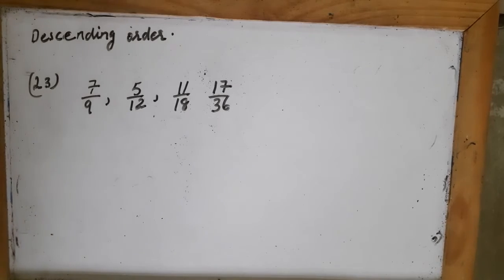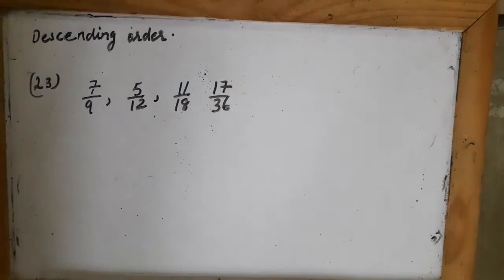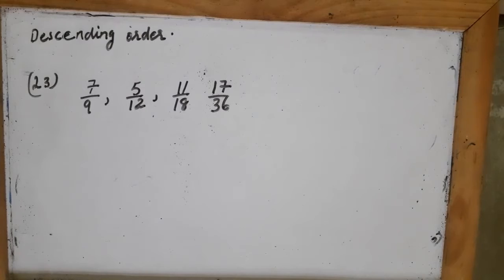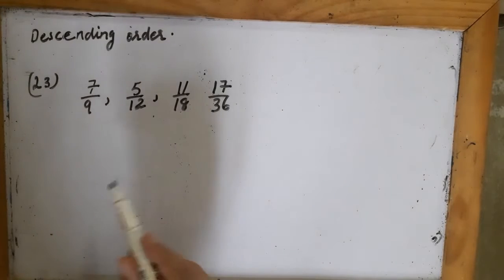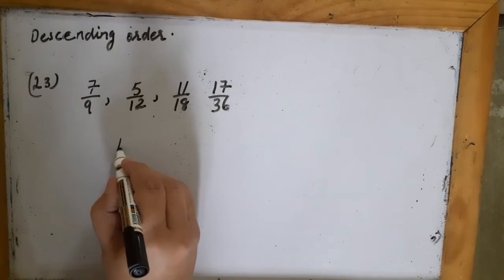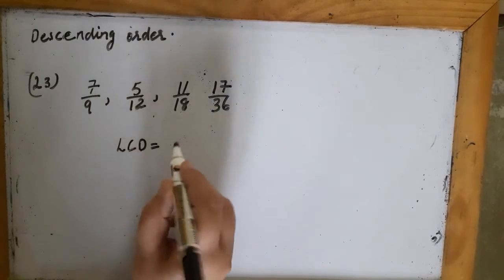Now I will do question number 23. In this you are asked to arrange these fractions in descending order. It means descending order means I have to arrange them starting from the largest fraction, the greatest fraction. Now these are all unlike fractions. I cannot make out which fraction is bigger and which is smaller. So what is my first step? That I will change these unlike fractions into like fractions by deciding a common denominator for